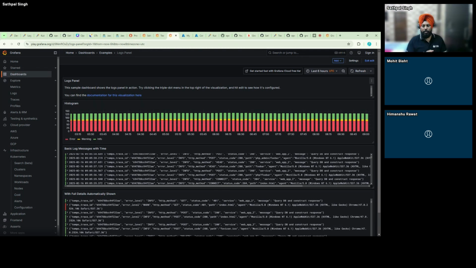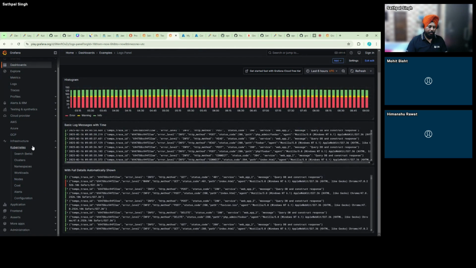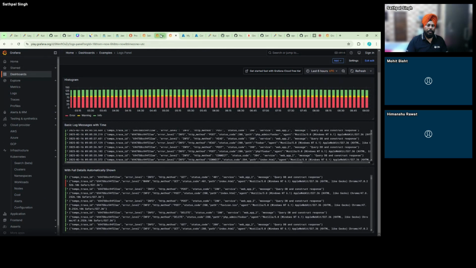Now I was talking about, I've shown you a diagram which has all the tech stack in it. So using these tools, using the OpenTelemetry Collector, you can have this full stack observability. This gives you the complete insights of your application, not only application but your infrastructure. You can relate and have that at one place. For example, Grafana as a visualization tool, you can add each of the components. For example,